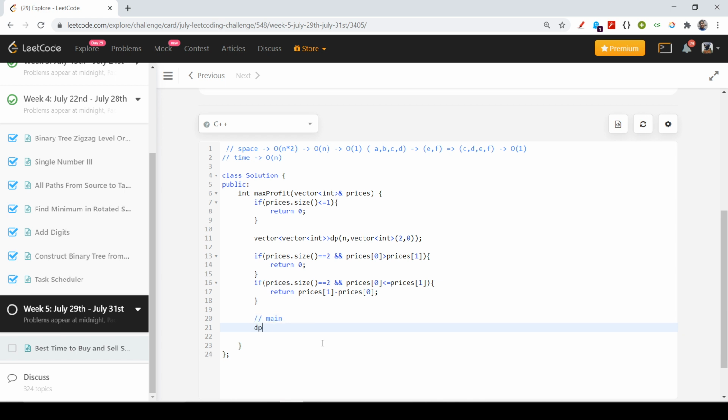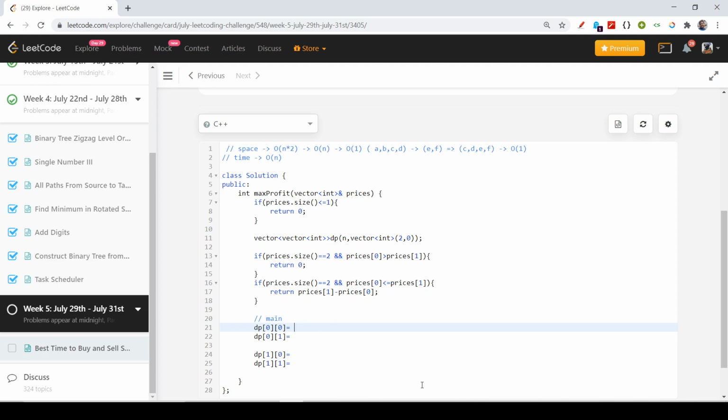First of all, as I showed in the explanation, I will find the value of dp of 0 0, dp of 0 1, then dp of 1 0 and dp of 1 1. So what will be dp of 0 0?